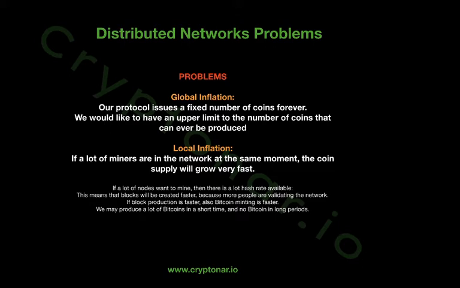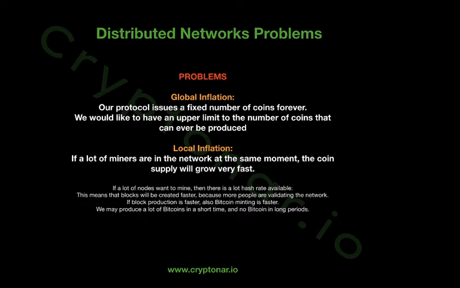And also we want to avoid that if a lot of miners begin to mine, if a lot of people join the network just to mine because they see it's profitable, we want to have some kind of control over this. Because we don't want to have today 100 nodes validating and tomorrow 10,000, because the more nodes are validating, the more probable it is that one of them gets the right hash, and so the quicker the new block is going to be created.